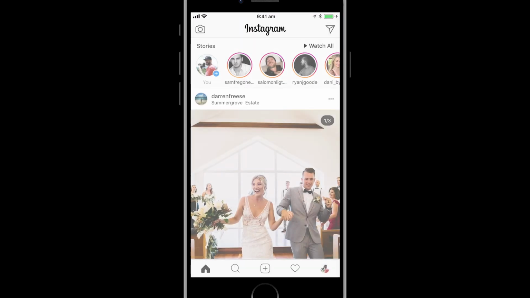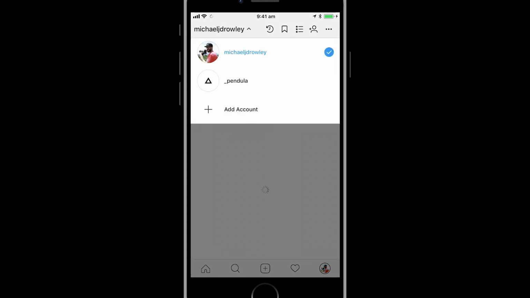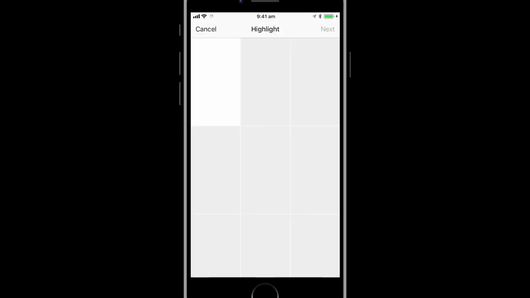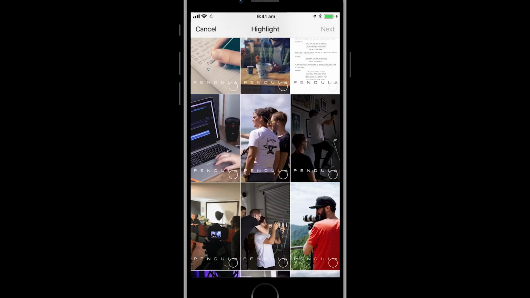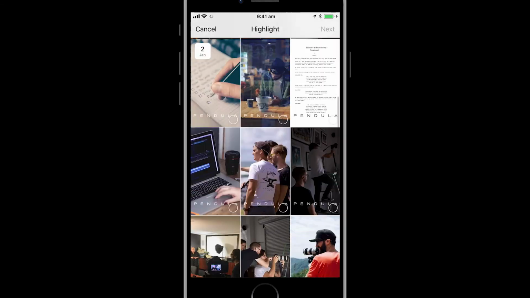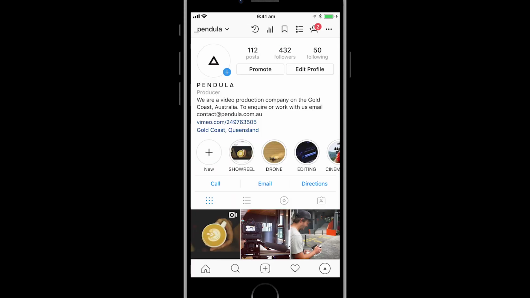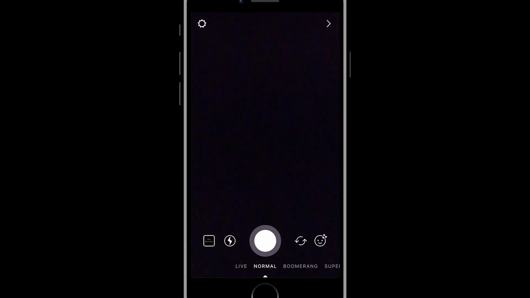So let's go ahead and take a look at how I set it up within Instagram. I'm going to open up Instagram, and basically now I'm going to go to my business profile page, and I'm going to add a new featured story. Now I've already got the photograph across onto my phone, and it's wanting me to choose something from my highlights here, but my new photo is not in there yet. So I've got to go to add a story, a new Insta story, and it's going to be our services,